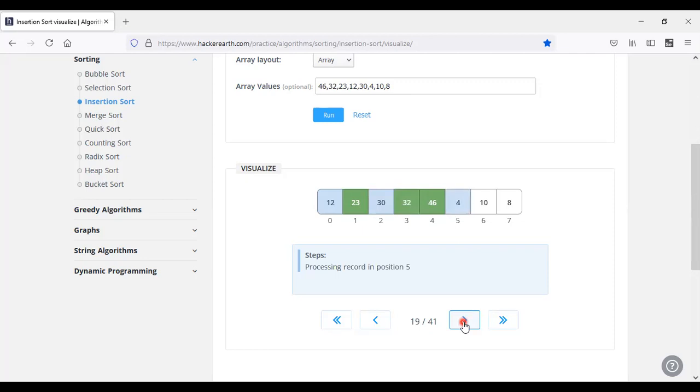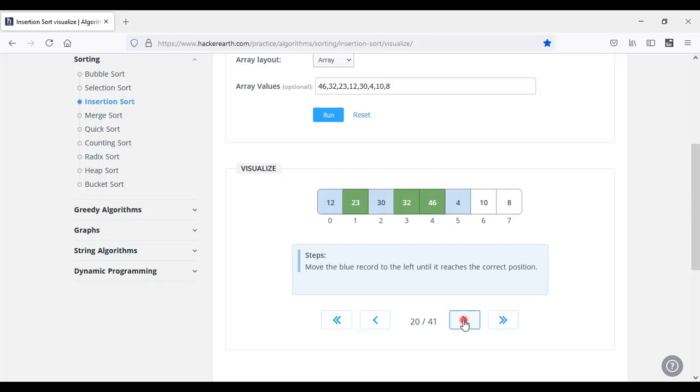The processing record we are working on is taken into account, but it has not yet been placed in the correct position. We need to place it in the correct position after the 3 elements you are having. At position 5, you are having 4 elements taken.